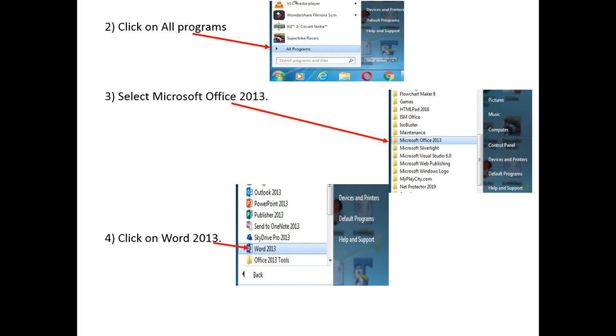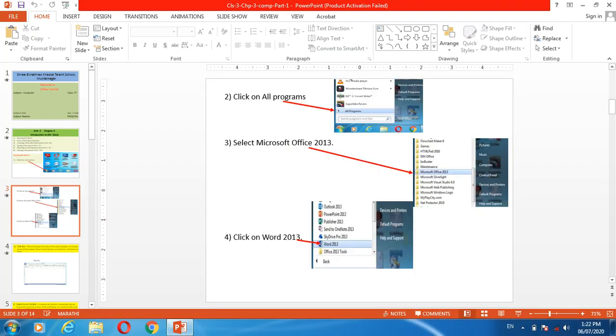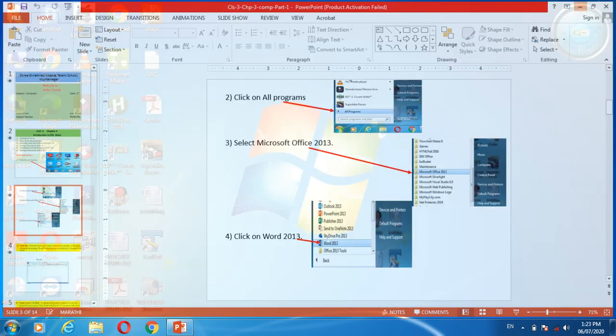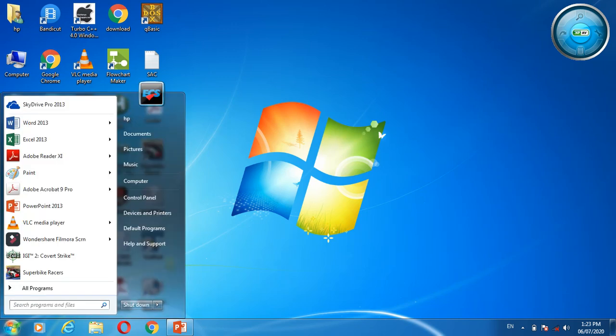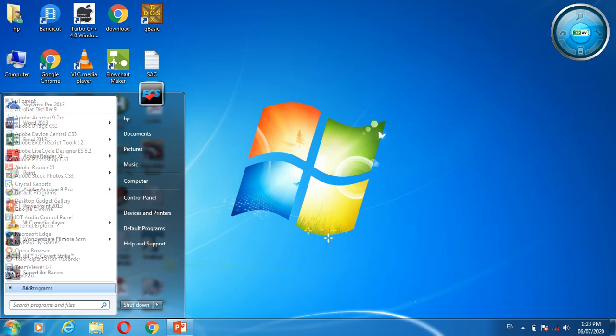Now I will show you the practical, how you can start. On this bottom side, see, there is a start button. Click on this start button. Then click on all programs.